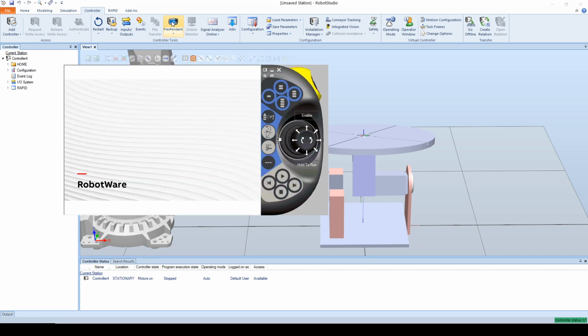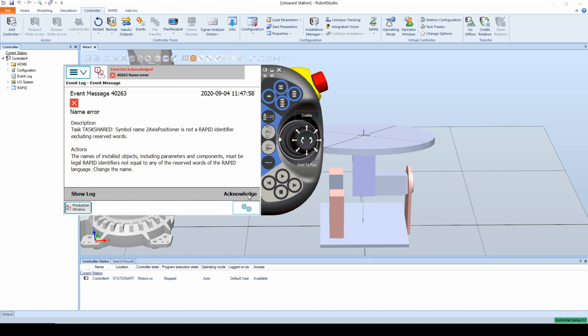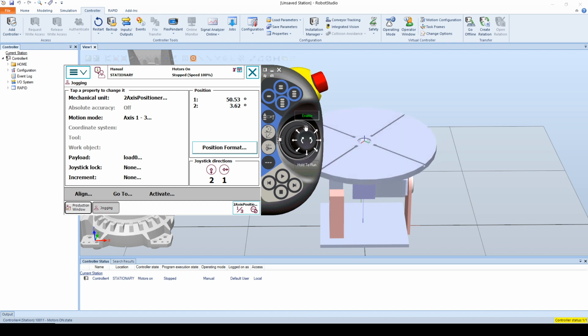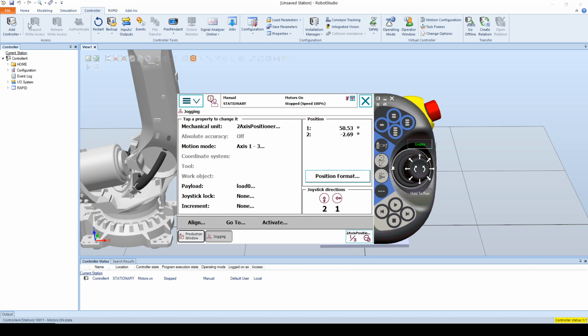Then bring up the FlexPendant, and let's see here. All right, manual mode. So now you see that the first axis is no longer the tilt, but it's the turntable, the top plate that turns. And the second one is the tilt instead. Okay, so I think that